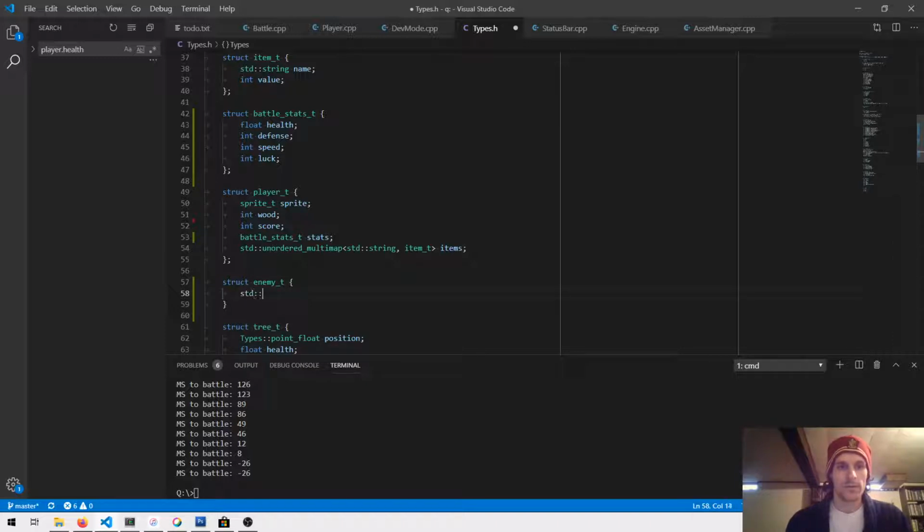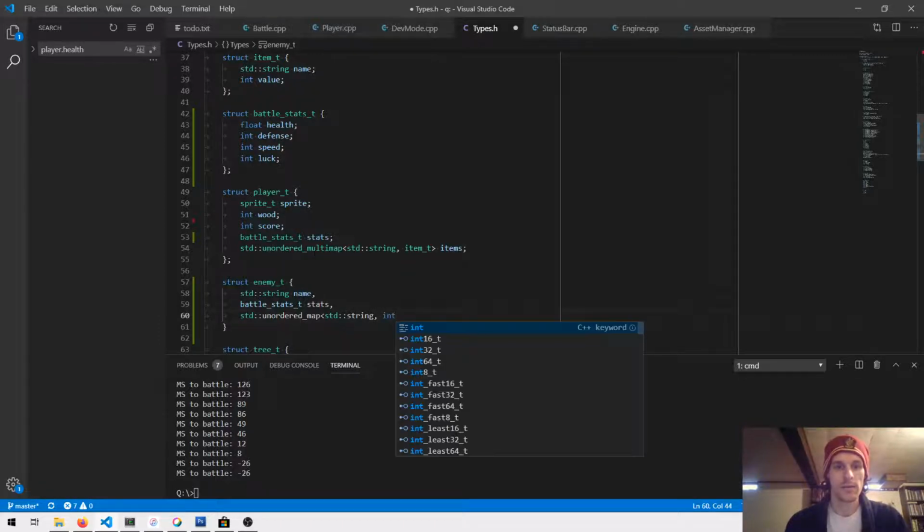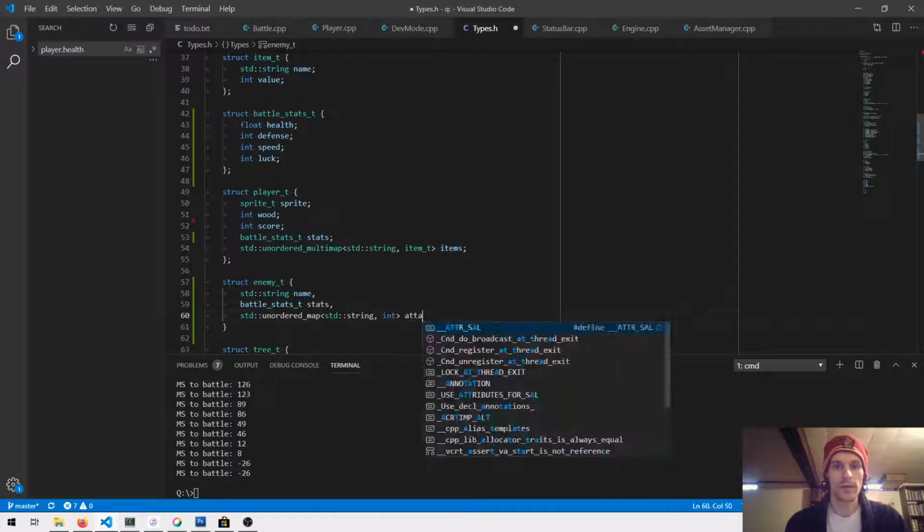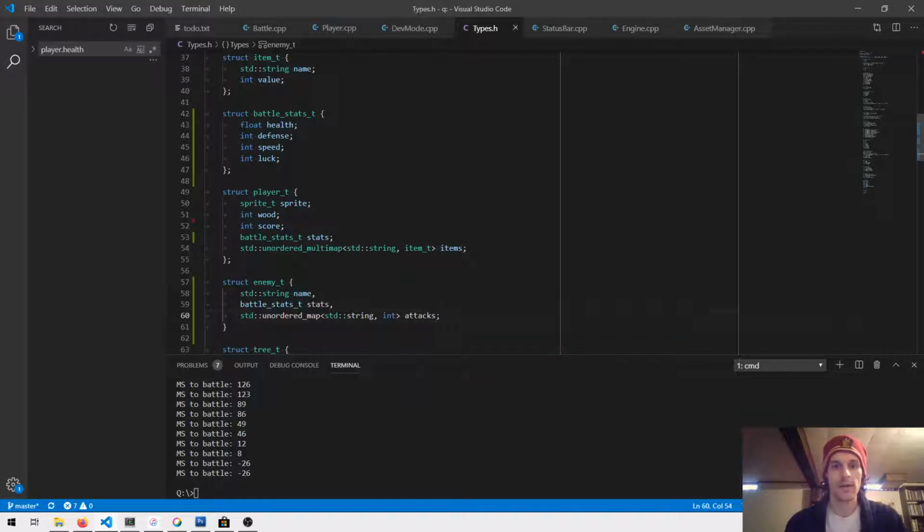So standard string name. It's going to have battle stats, and it'll probably have an unordered map